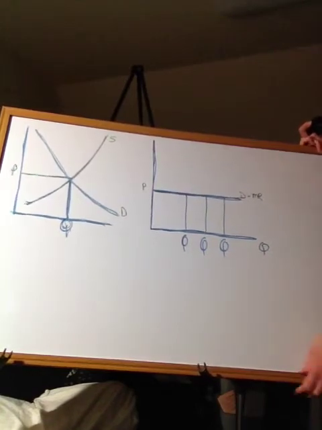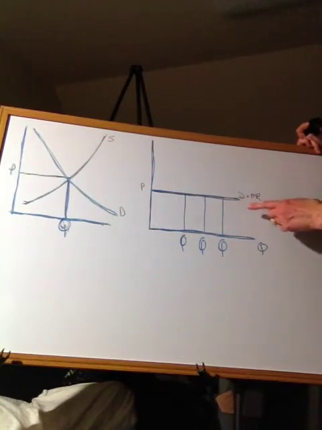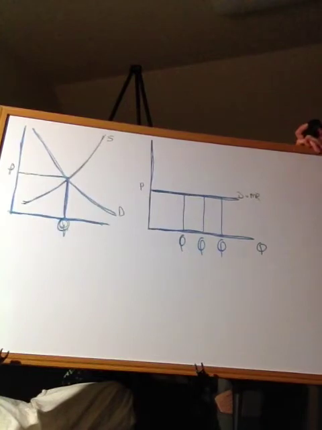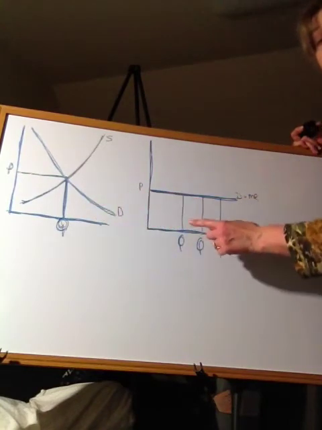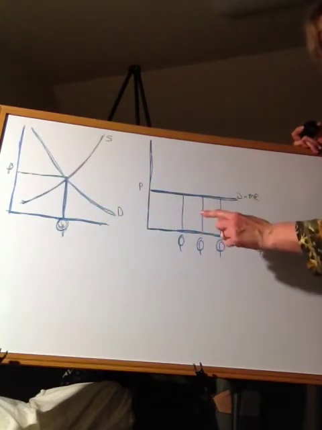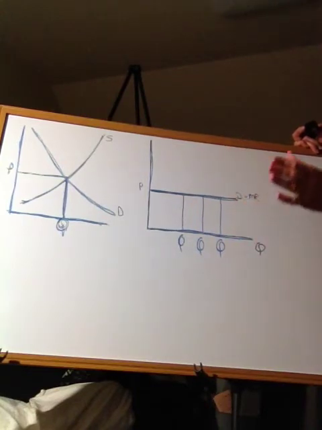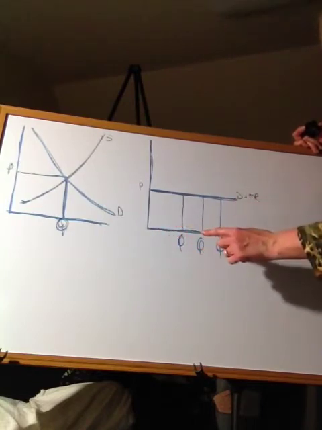The individual producer, however, has a different demand curve. His is perfectly horizontal, and what it's showing you is that he's a price taker. He has no choice whatsoever when it comes to selecting his price because he can't. It's him against the world. So whatever the market price turns out to be, that is going to be the price that he can get for his corn, and he can take it or leave it. He doesn't have to sell at that price. He can sell at that price. He can sell whatever quantity he wants at that price.